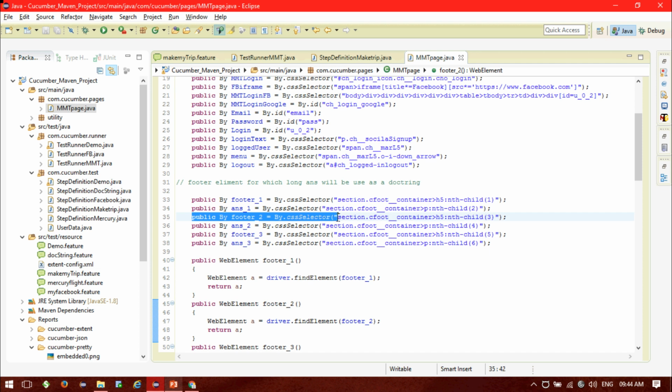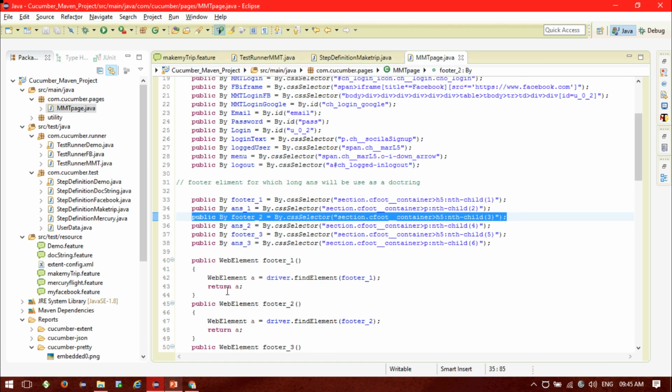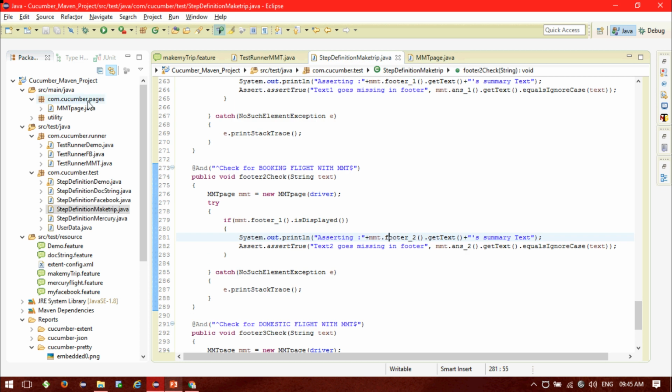I've used a CSS selector, so it will choose that particular web element. You can directly use the web element in the step definition, calling mmd.footer.getText, or you can directly use the method, which will return the web element directly. So the web elements I have mentioned in the separate pages.